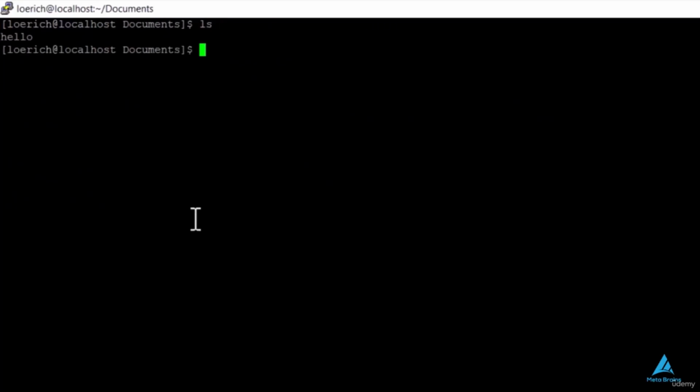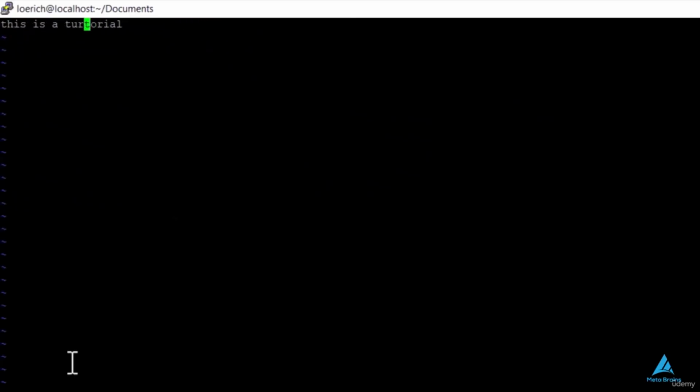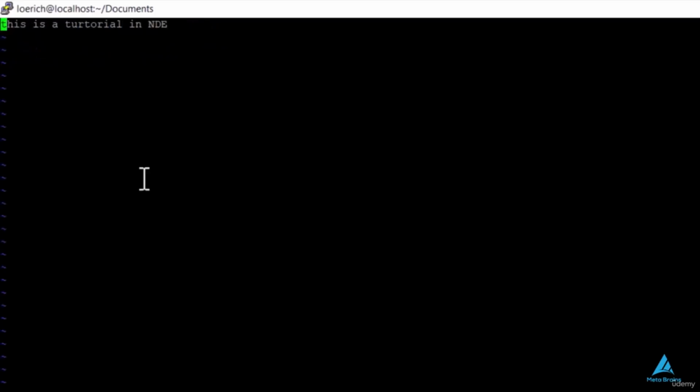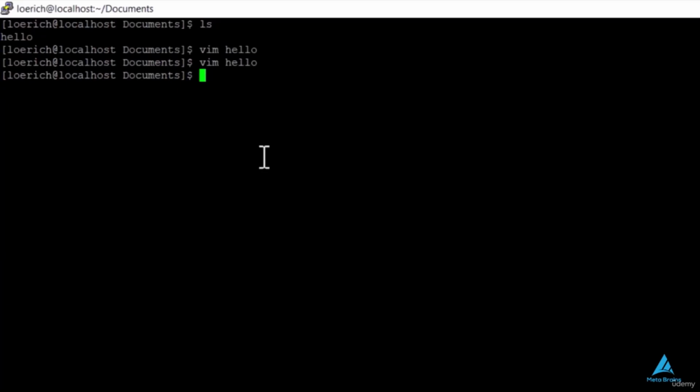Vim. Vim is an advanced configurable editor built to enable efficient text editing. For those who don't have it installed in their system, use the command apt-get install vim. If I type vim, the editor will be opened. It is a complex tool, but in this tutorial, we will be using it.